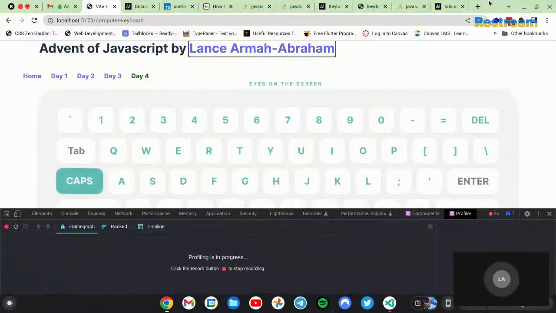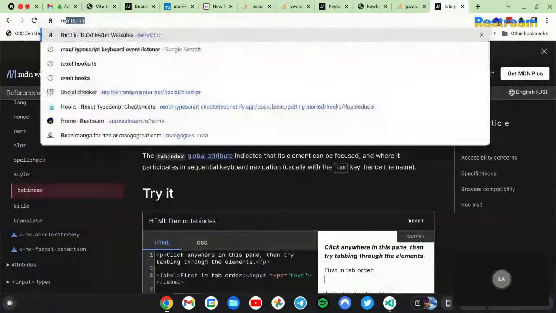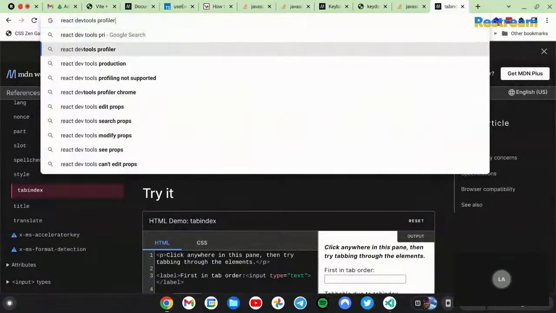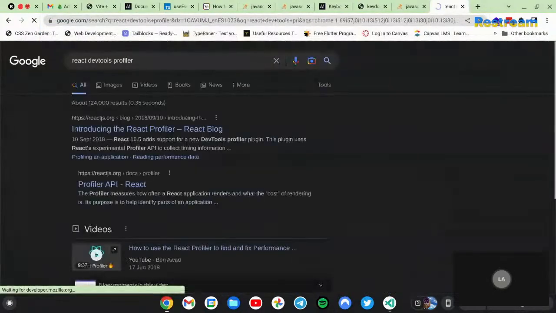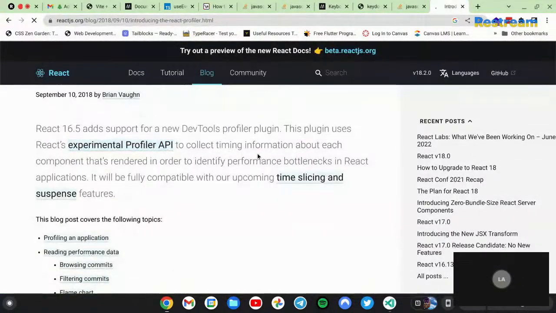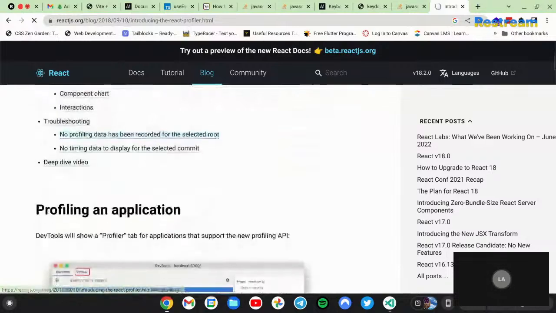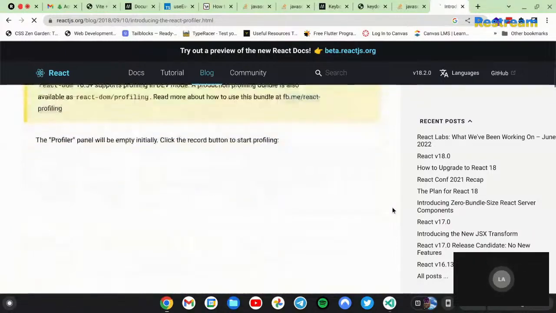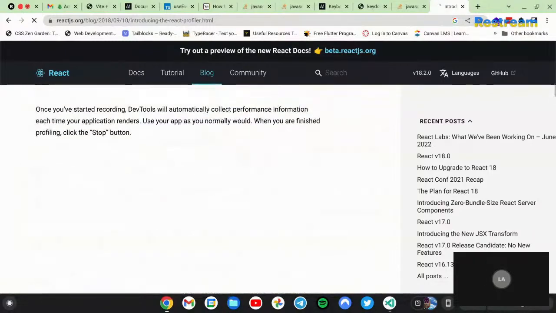What does React DevTools profiling do? Timing information about each component that's rendered. You have to identify performance bottlenecks. Yeah, that's what I'm trying to do. And I thought it could help me do that, but